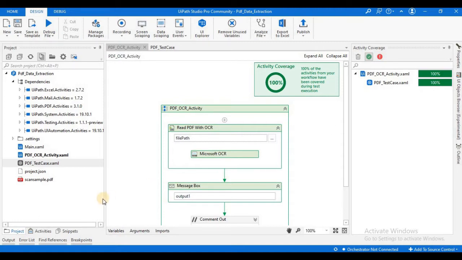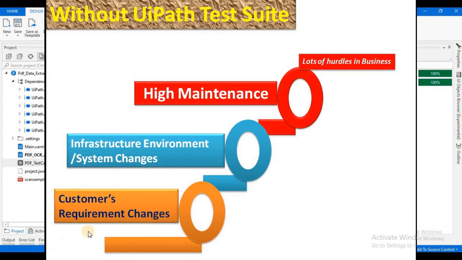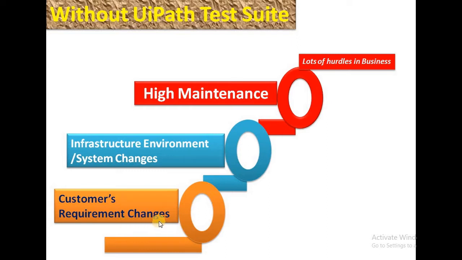I hope you loved how the UiPath test suite works phenomenally. Now we will discuss some advantages. If you see on my screen, it shows clearly that if your customer changes requirements as well as system changes simultaneously, it will result in high maintenance and your end user will face lots of hurdles in business, right?